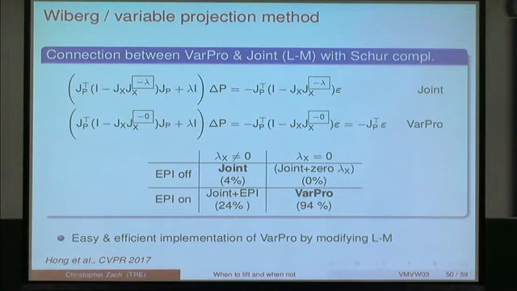So when you do joint optimization, what you have is something like a regularized Schur complement. This lambda is a damping parameter that is applied in joint optimization on both the camera matrices and the 3D point structure. Whereas in the VARPRO method, essentially you use a Schur complement, but only with damping on the camera matrices, but not on the 3D points. And this, at the end of the day, makes all the difference.